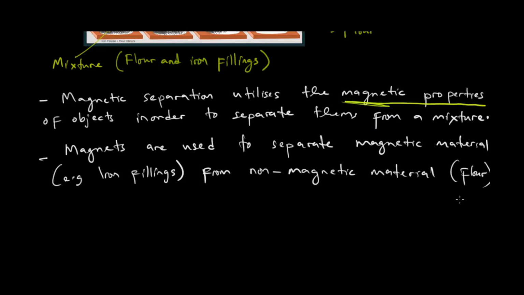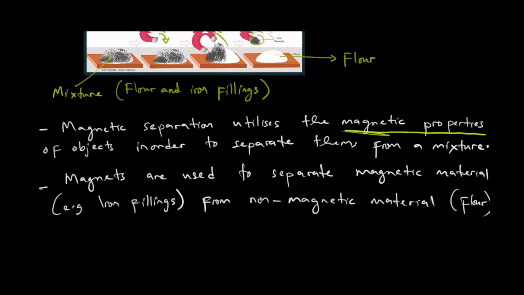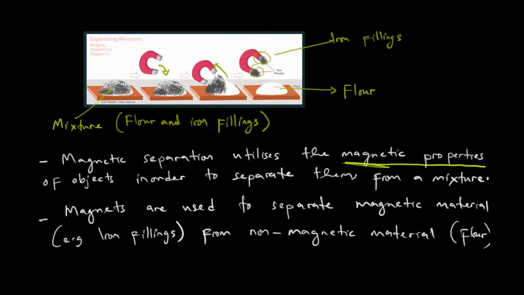That is very important. Saka the technique takes advantage of the varying magnetic properties of different substances. So if we know a mixture of two things, for example iron fillings and flour sezvataona, and we know that one of the material is magnetic like iron fillings, correct, we just bring a magnet closer to the mixture, zvima iron fillings zvosimuka zvoattracted towards the magnet, flour yosara iri pure sezvairi. So this is the process of separation we wanted to learn about.